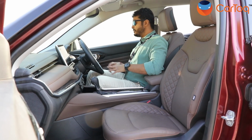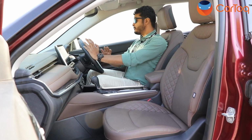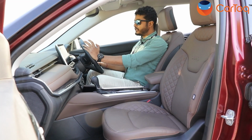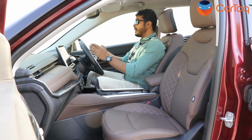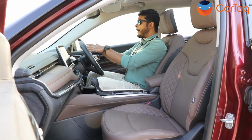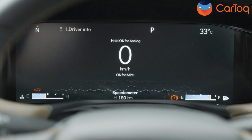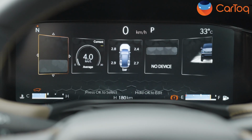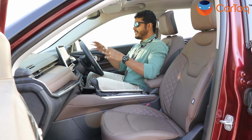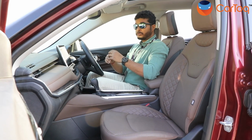In front of me you get a 3-spoke steering wheel with the multifunction buttons all over. You can get cruise control and control the phone and the infotainment screen from here. Right in front of me you get a massive instrument cluster. It's an all digital instrument cluster, and it shows you almost everything about the car, including the off-roading specs. And whenever you're going off-roading, it shows you different settings and features which you can use to make your